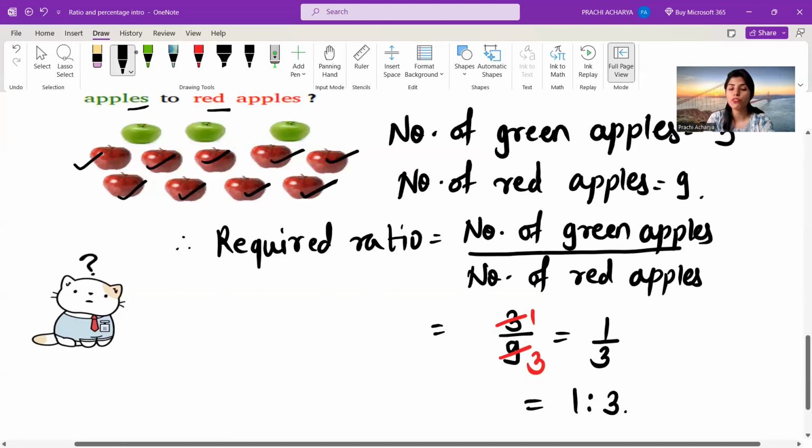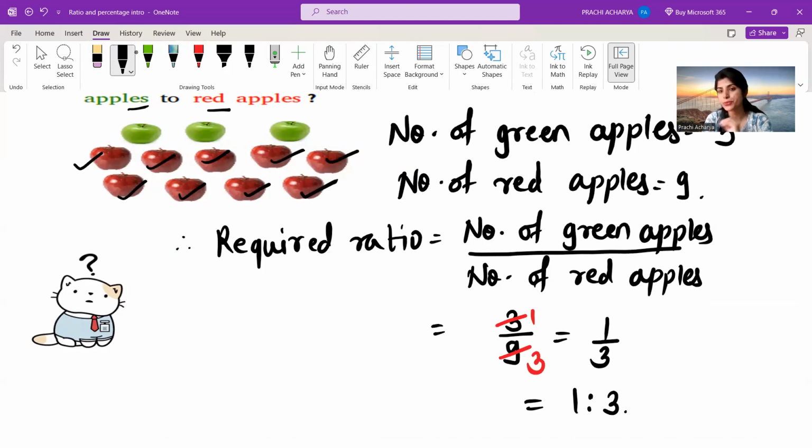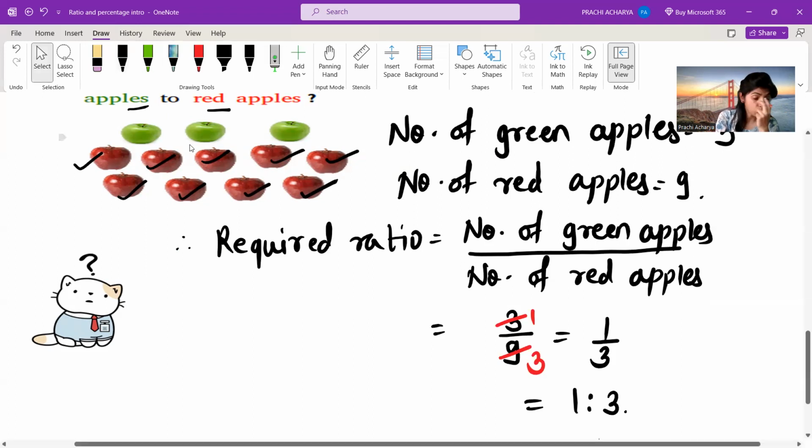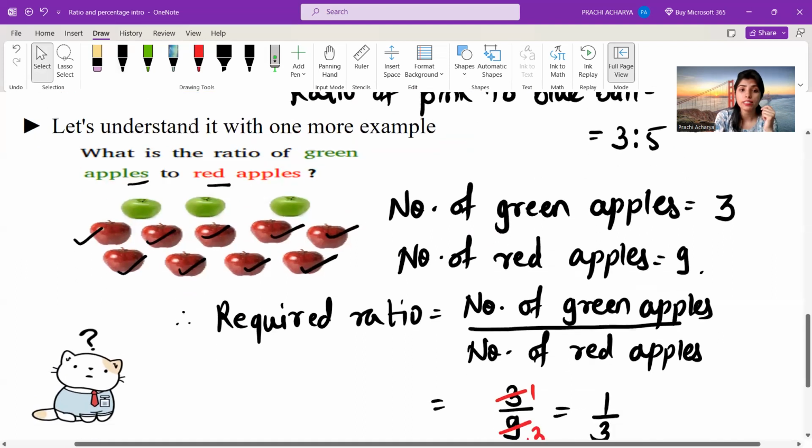So ratio of green apples to red apples is what? 1:3. I hope you have also tried along with me and you got the same answer. If yes, then congratulations. Okay, let's try to understand concept of